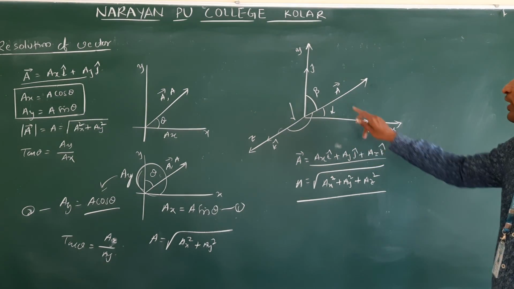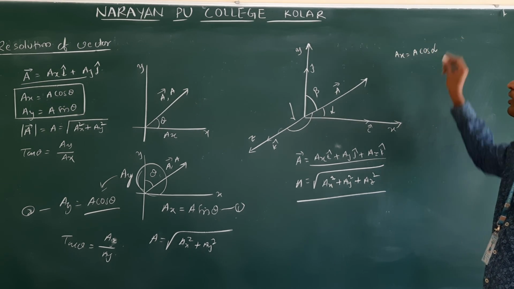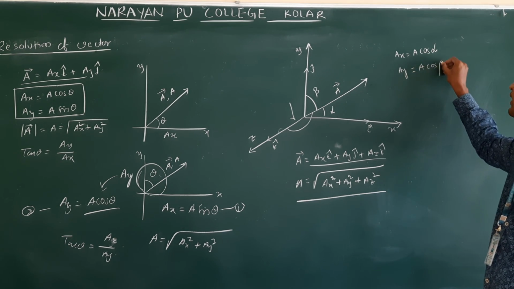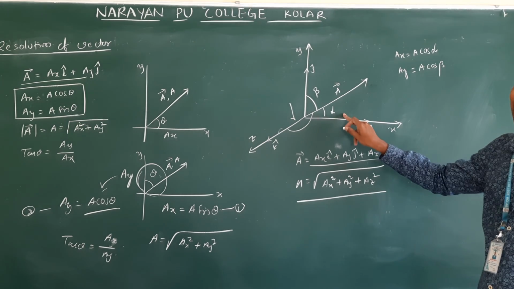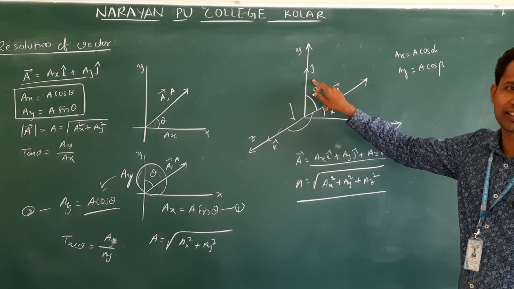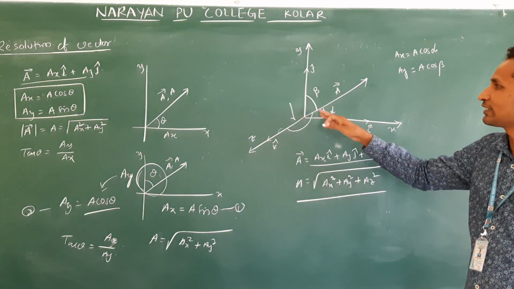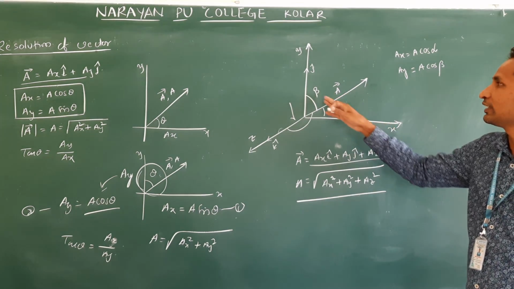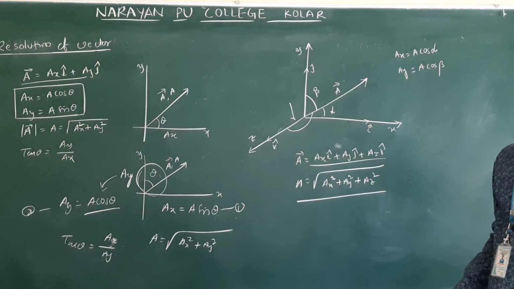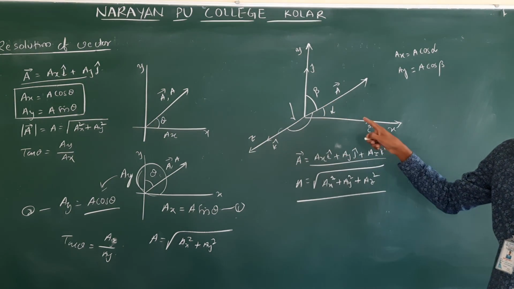Then what is the horizontal component? ax is equal to a cos alpha. Next, ay is equal to a cos beta. See, sin theta won't come here because on all sides we have the angles. With the x-axis alpha is there, with the y-axis beta is there, with the z-axis gamma is there. The vector subtends three angles with all three coordinates, so sin theta will not come. In the other case, sin theta came on the other side, but here there is no possibility. Clear? Keep that point in your mind.